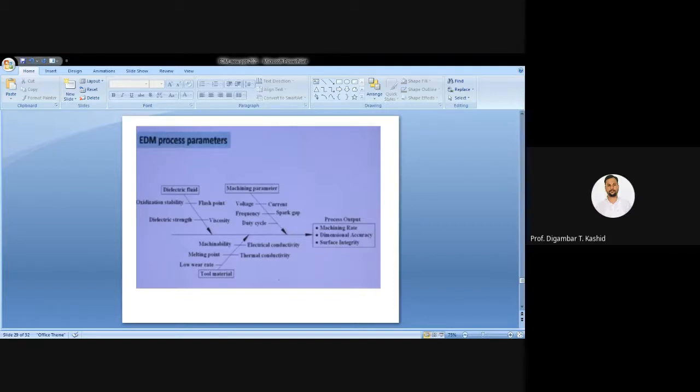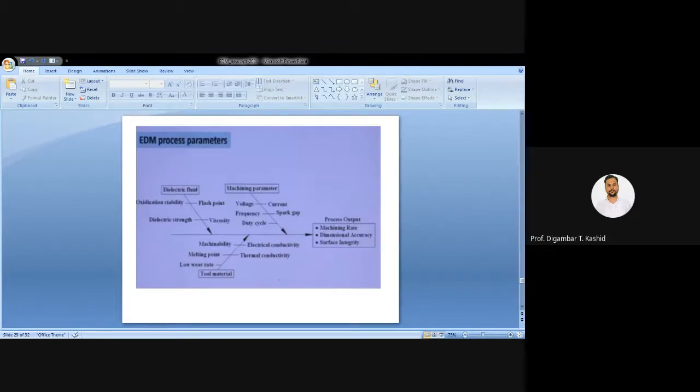So I request all of you to please go through the book Advanced Machining by V.K. Jain, so that you will get more knowledge about this subject. If you want to do any research related to advanced machining, please refer to this book, Advanced Machining Processes. As you also know, our syllabus has some limitations and only some points are there, but to do research or gain more knowledge of this subject, we have to read some textbooks as well as reference books.